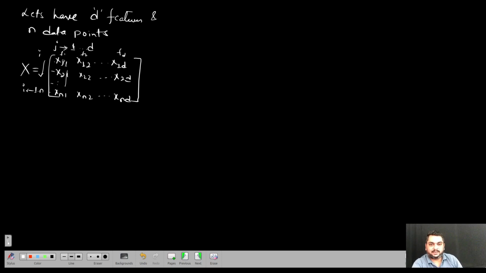So there are D features, and each feature has n samples. This is how I represent my data as a matrix, with the features and the samples. J equal to 1 to D indicates the features, for example X1, X2, X3 up to XD. Then I, from 1 to n, is the number of samples